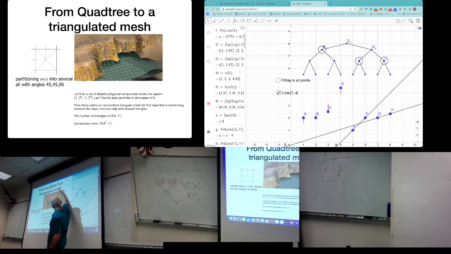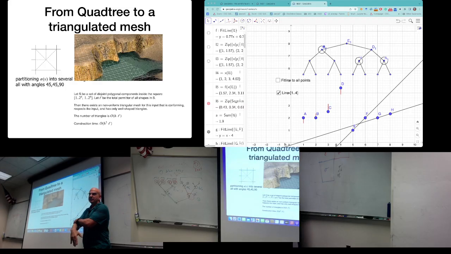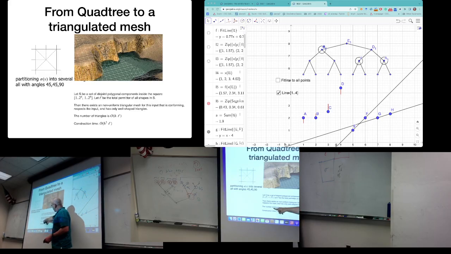Cliffs, very rapid elevation, you need to use much smaller triangles. Again, you can use this quad tree to partition, and then at the last end of the quad tree, every quad becomes a triangle. So just some numbers. If H is the height of the quad tree,